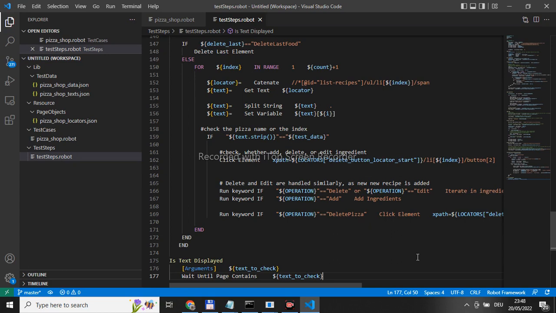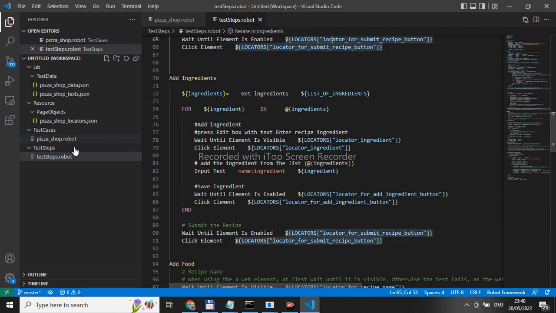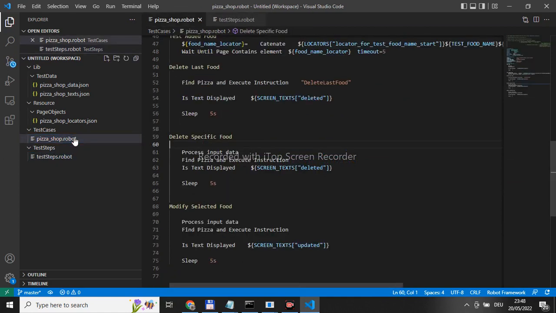Test cases call the test steps here, and the test steps use the test data that I have defined. So for example, delete specific food